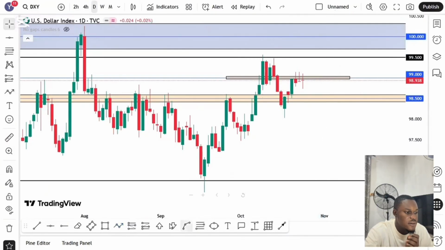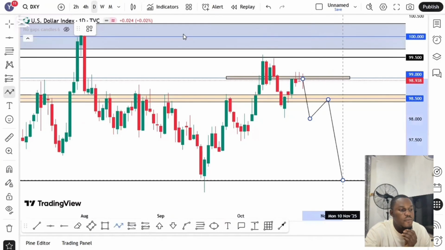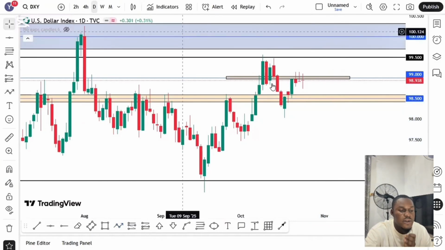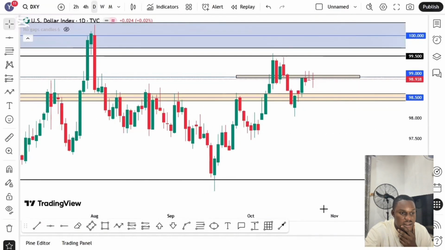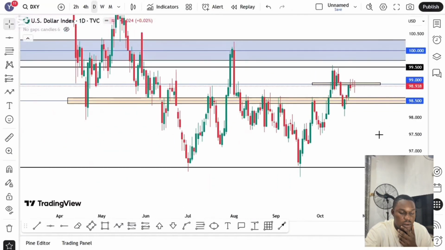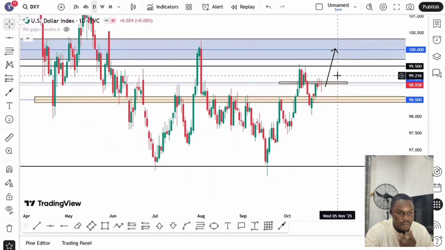But if the market fails to break above this minor resistance level, the market can come lower. And if the market breaks this other support level right here, breaks below, then we expect the market to come out, tap here, and drop lower. But I am favoring the upside to the case of 80 to 90%, while downside 10%. So this is the DXY analysis. I'm expecting bullish on DXY.